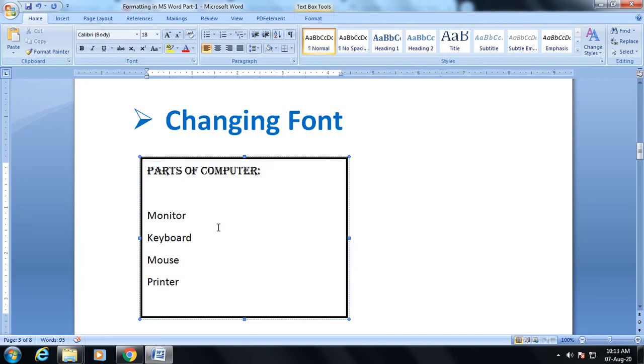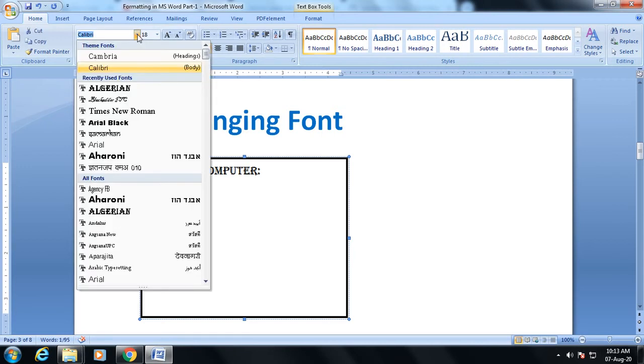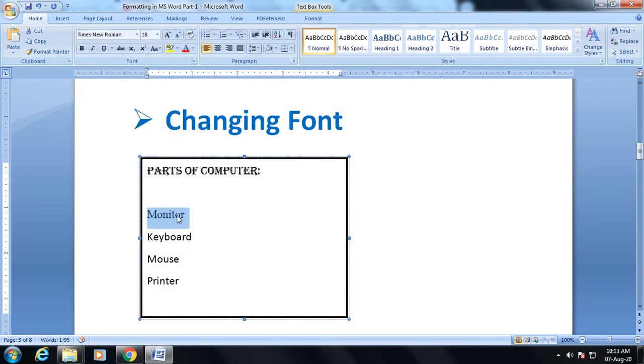Once again, if you want to change the font style of monitor, so first of all you need to select monitor. Now click on font option and choose the font style, just like I am choosing Times New Roman. Once again select the text, click on home tab.